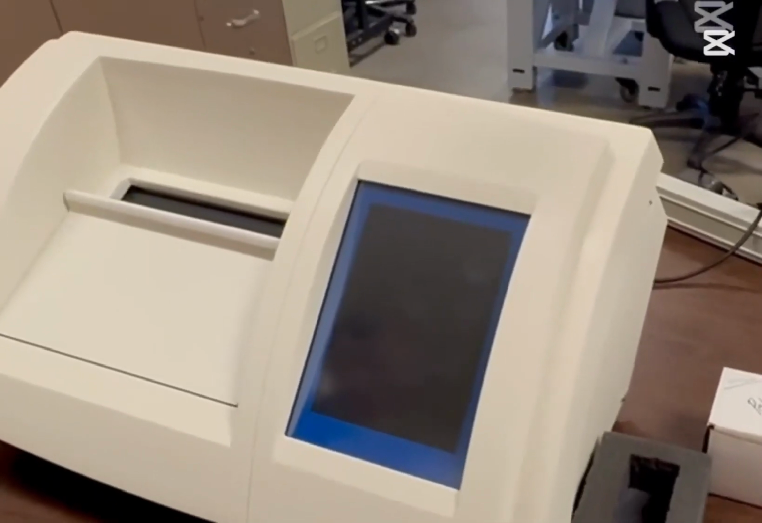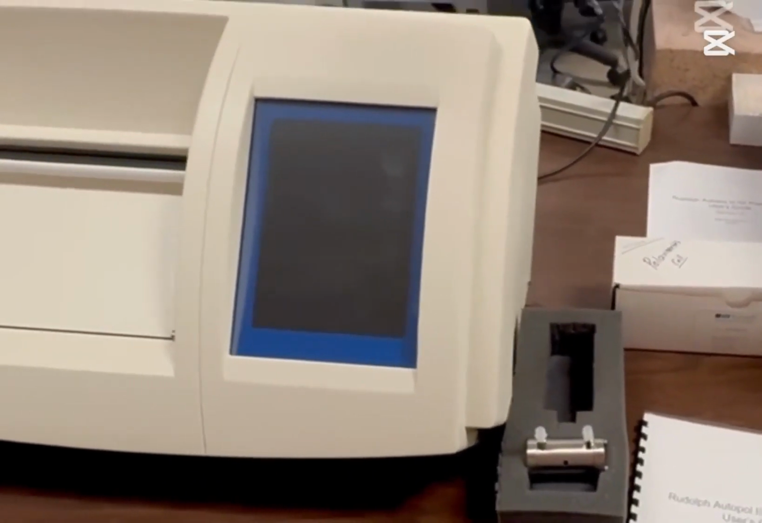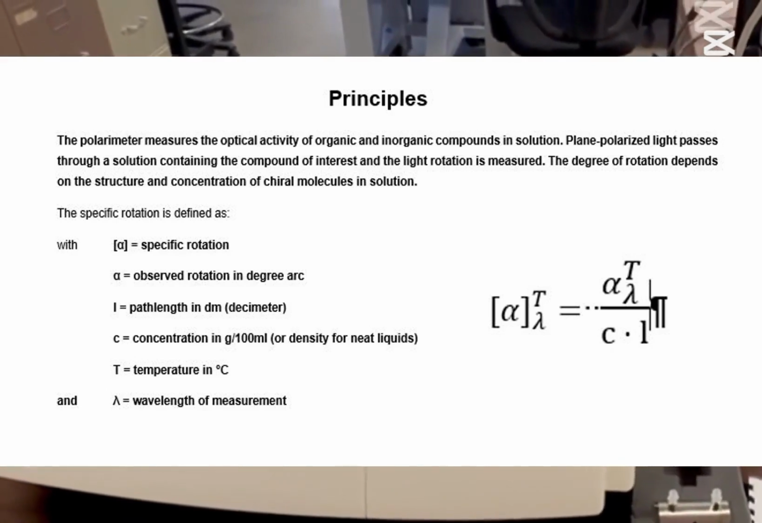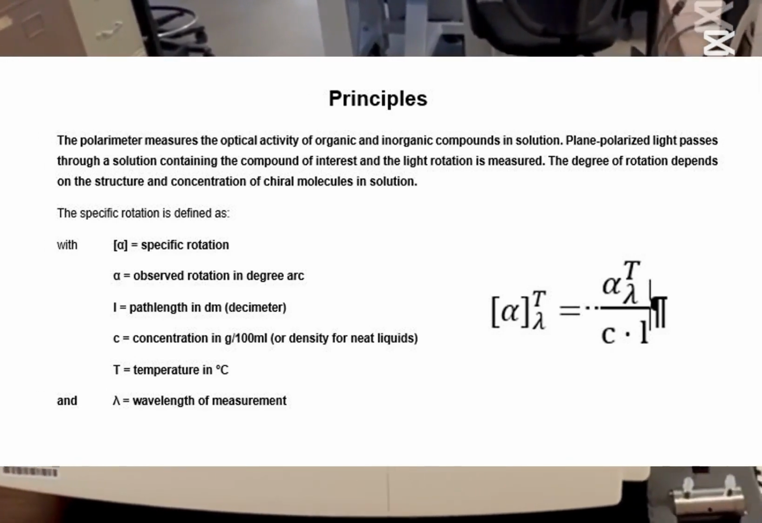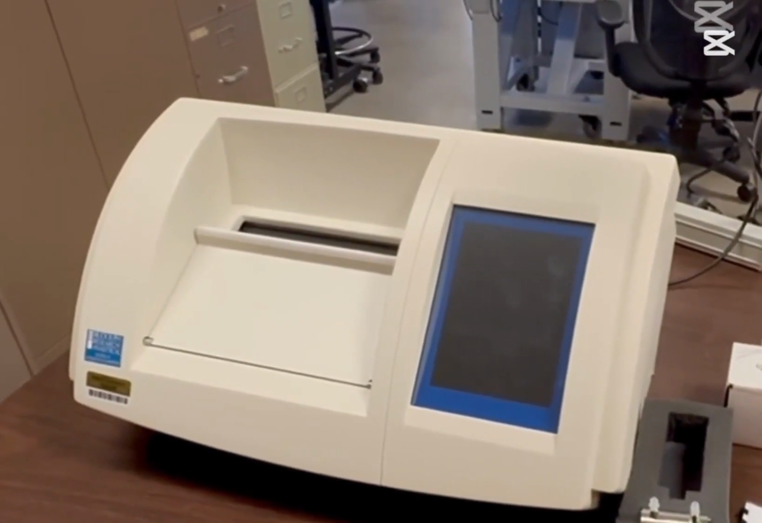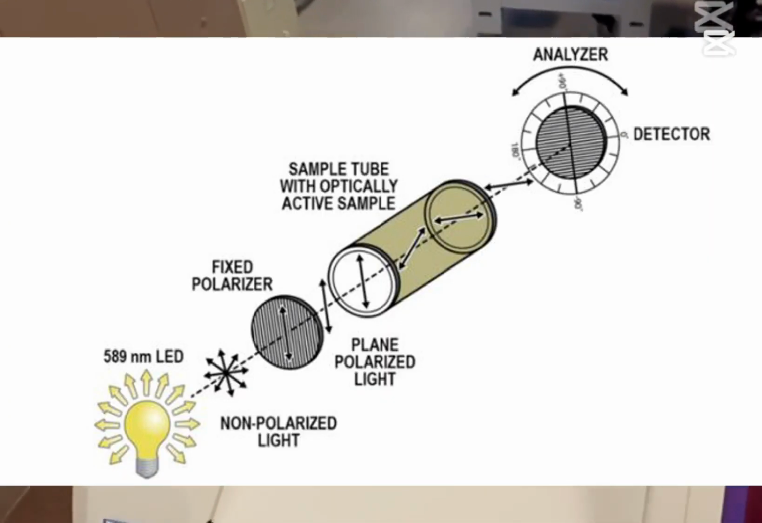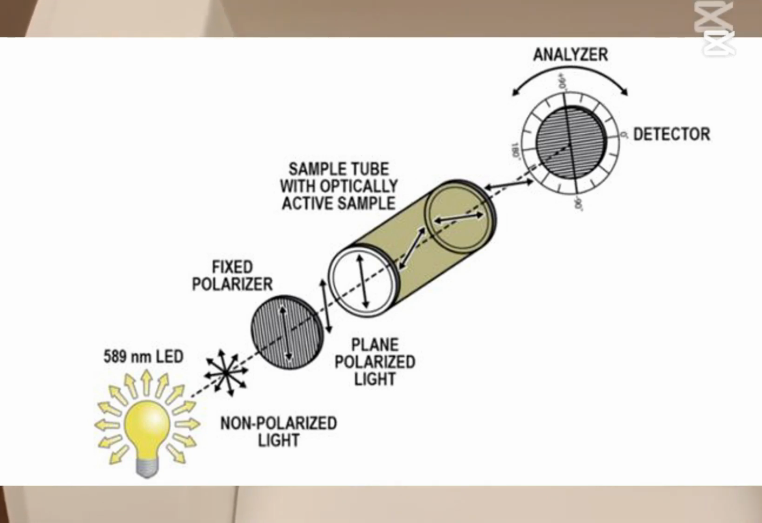In polarimeter measurements, we can measure optical rotation, which measures the degree to which a substance rotates polarized light. We can measure specific rotation, which measures the optical rotation per unit path length and concentration of the sample. The polarimeter measures the optical activity of organic or inorganic compounds in solution. When plane polarized light passes through a chiral sample, the light rotates based on the concentration and the structure of